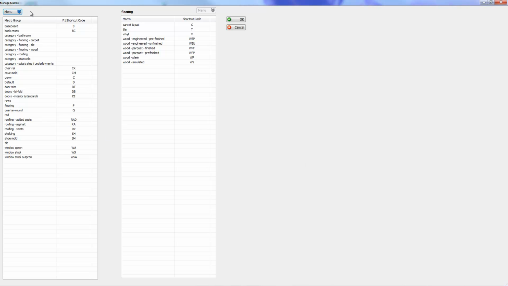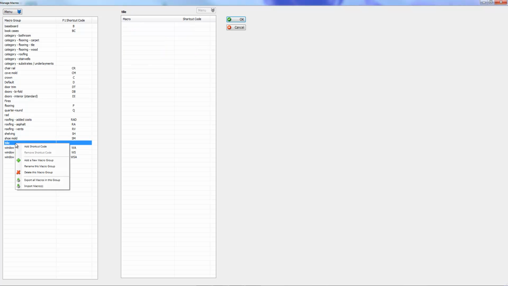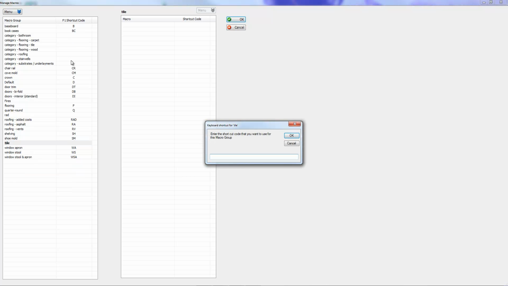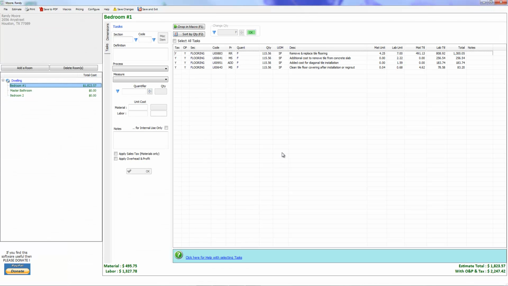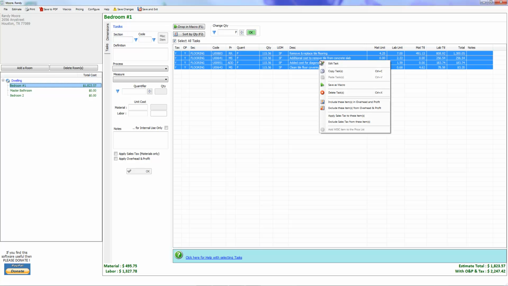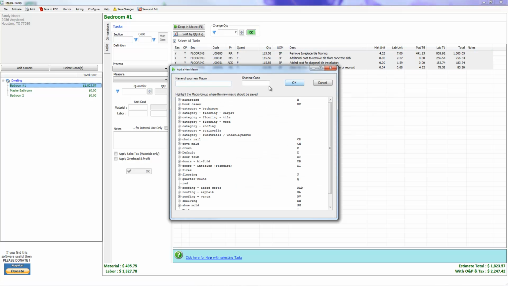So now that we have the tile group created, then we're going to right click on it and we're going to add a shortcut code. Now you can see over here that these are the ones that are already taken. The letter T is not, so I can go ahead and use it. Press OK. And so now we're going to press OK there, and we're going to hit Control A, highlight them all, right click, save as macro, and we're going to